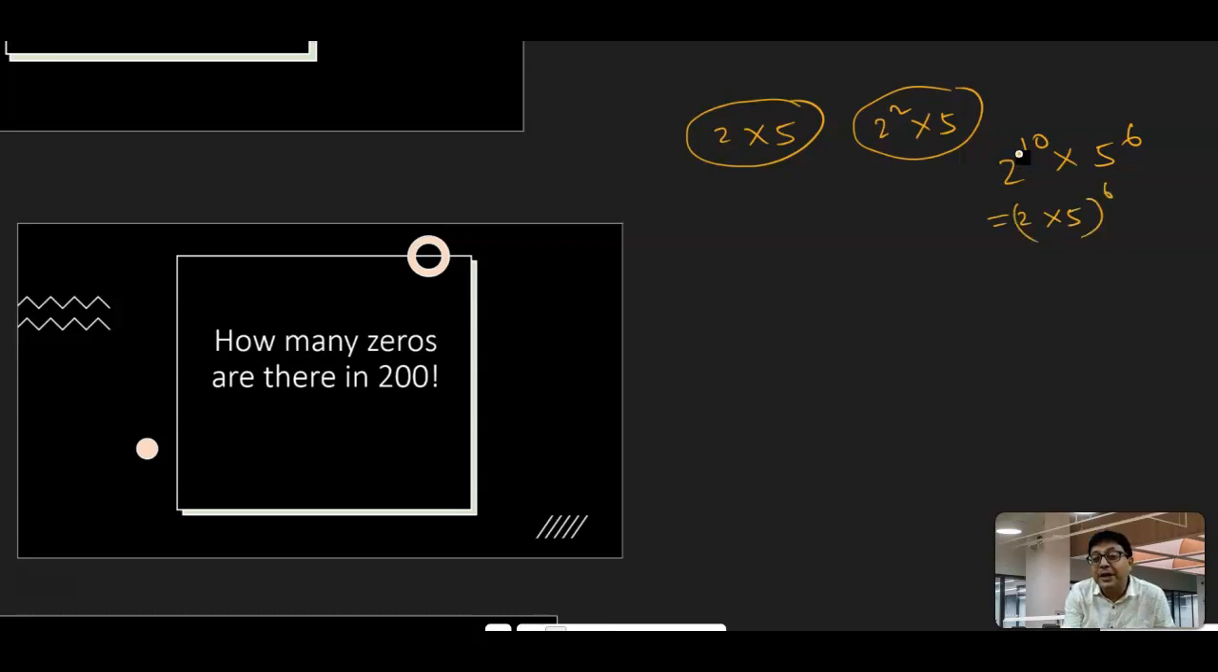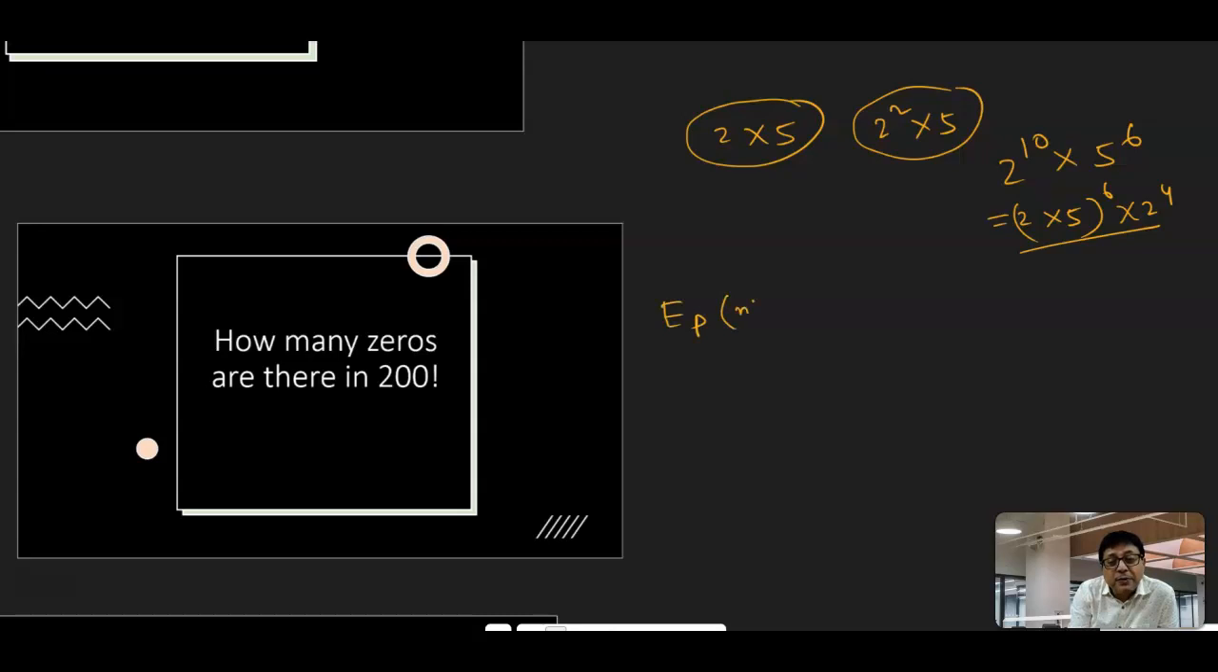Okay, I am getting a 10 over there, into 2 to the power 4. So I will be getting 6 zeros over there, because the factor 2 into 5, I mean 10, is occurring 6 times, so 6 zeros will be there. So in factorial 200, if you want to find how many zeros, you need to find the exponent of 2